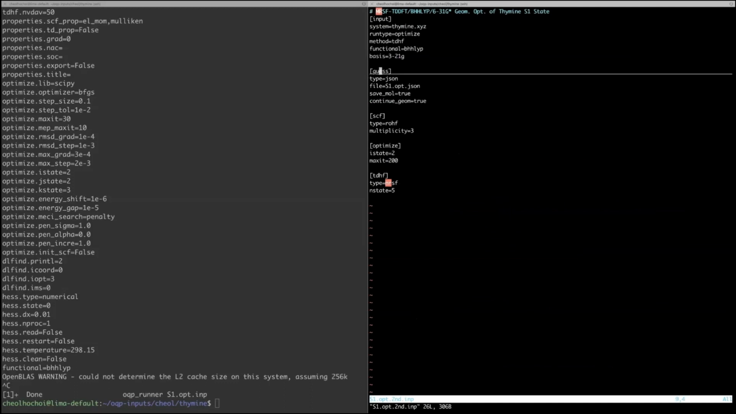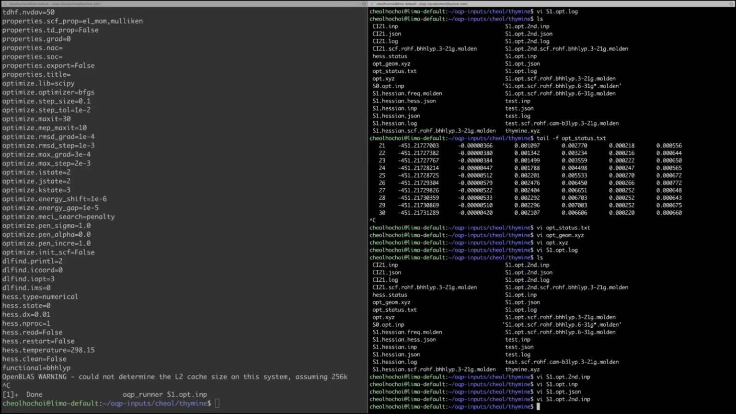So I just specify the file. Please read as one OPT JSON file and continue geometry optimization equal true, meaning that from the last geometry, please continue on the geometry optimizations. You don't need to touch the others. So then you just say that